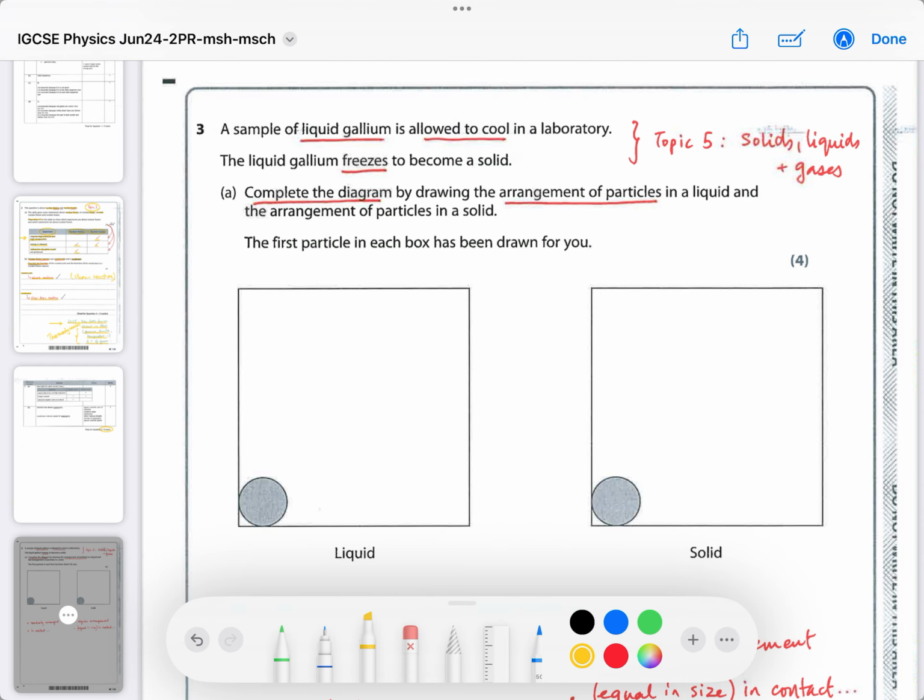studied them. So here you got liquid gallium, yeah, which is allowed to cool in the laboratory. So we're talking about changes of state. So that's solids, liquids, and gases, which is where the kinetic theory also comes in. So they want you to complete the diagrams by drawing the arrangement of particles in a liquid, yeah, and a solid,